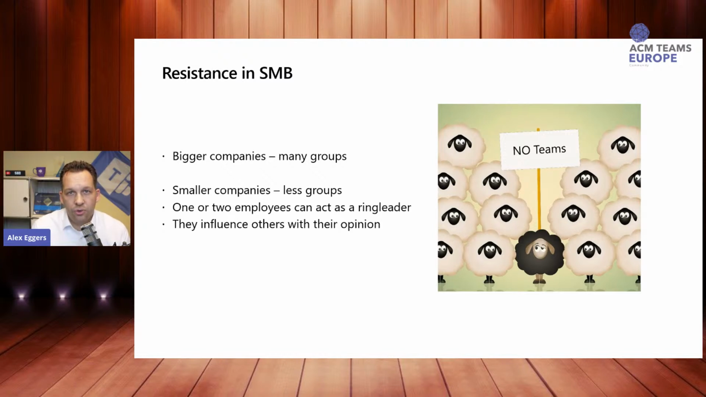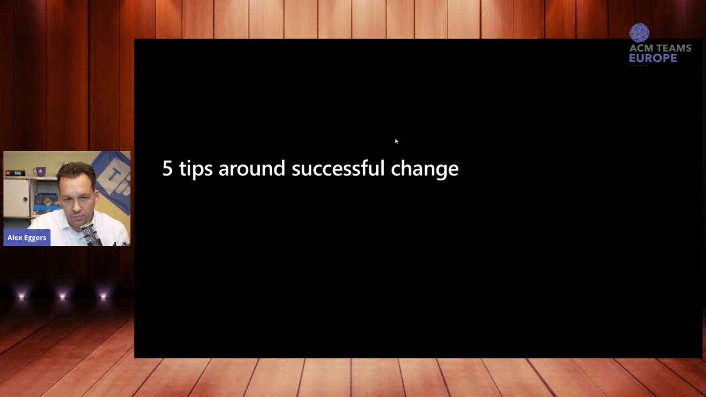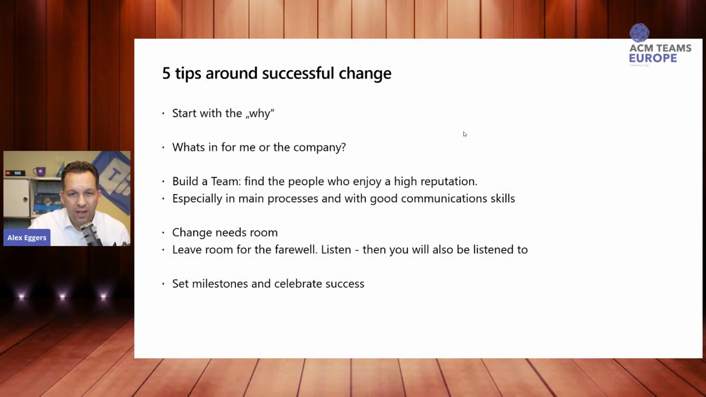And when this is a person who is good at speaking and maybe, as we say, the informal leader in the company, he has much impact on this decision. So this is a real big difference from enterprise companies, especially in small companies, that influencers have a much bigger chance to influence all the others. So this is what you need to know when we talk about resistance in SMB and where it comes from. Okay, so I bring you 5 tips around successful change, and maybe these are not so different to